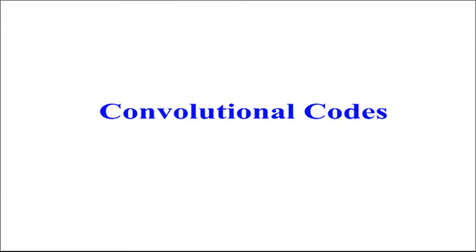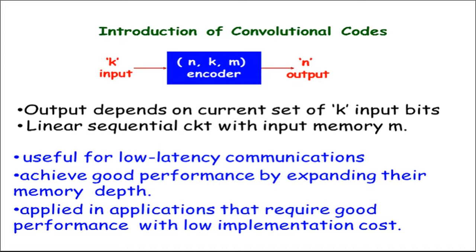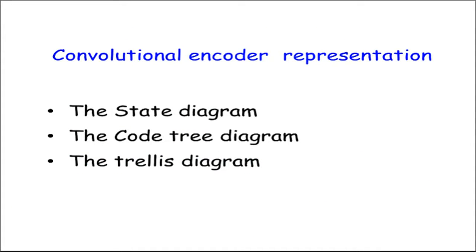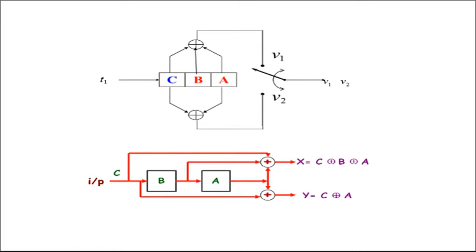Hello everyone, in this video we are going to look at the representation technique for the convolutional code. Earlier we have seen the introductory part of the convolutional code, then the format for the convolutional code, then the representation for the state diagram, then the code tree diagram, and even one additional representation, that is the polynomial representation. Now we are going to see the trellis diagram, which can be used for the representation of